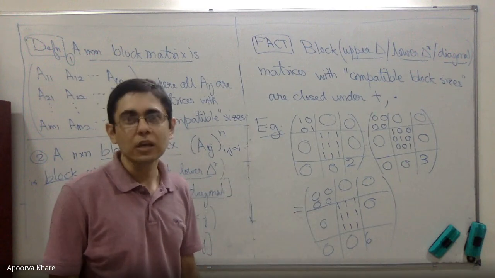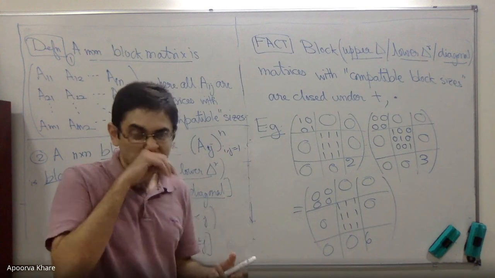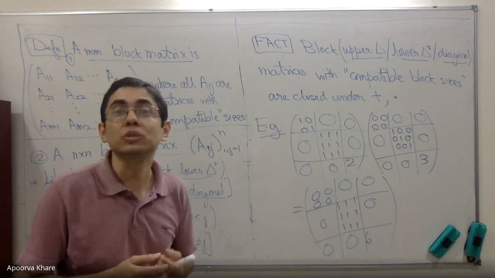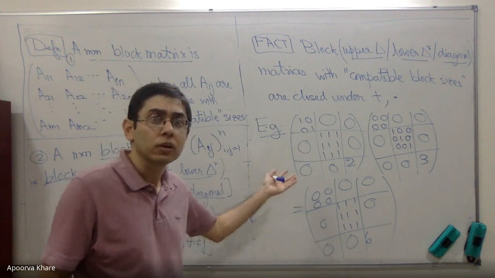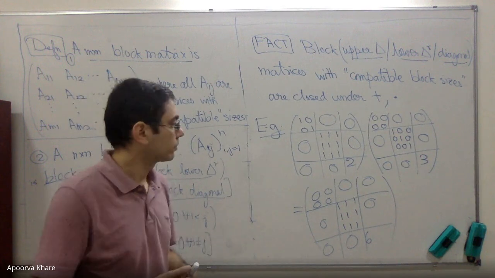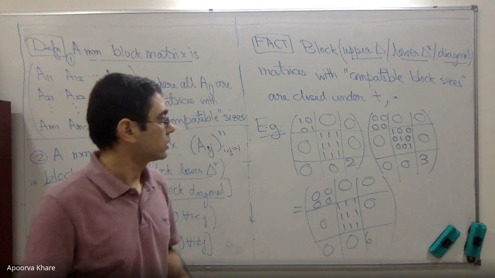But I just wanted to show you that there are advantages to using block matrices. So if you see a question where a matrix has a particular block structure, try to use that structure. Is it block upper triangular? Is it block lower triangular? Can you say something about it? And so on. Okay, great. So that's it for today.